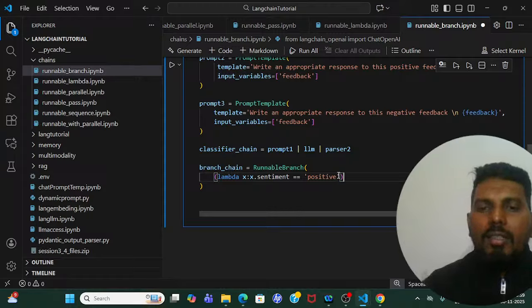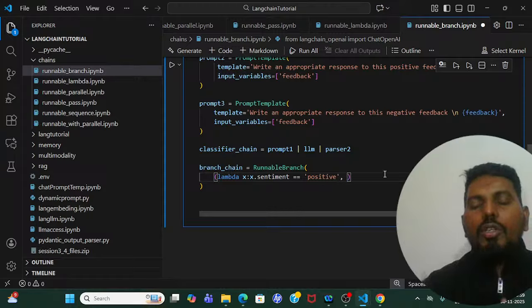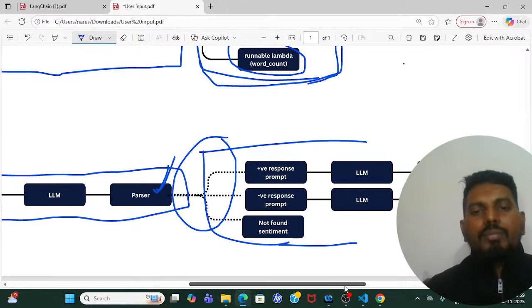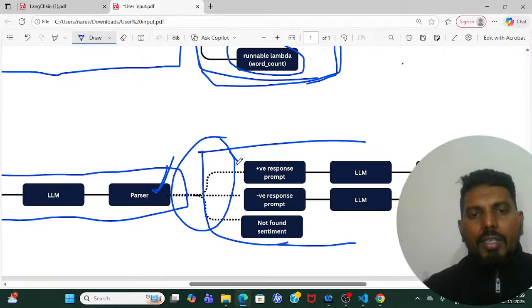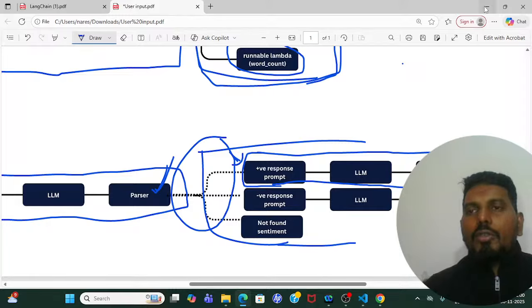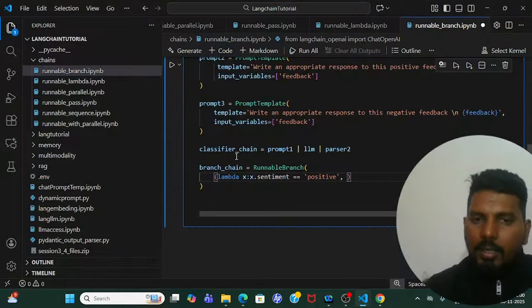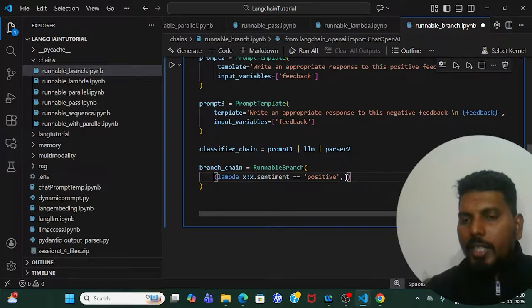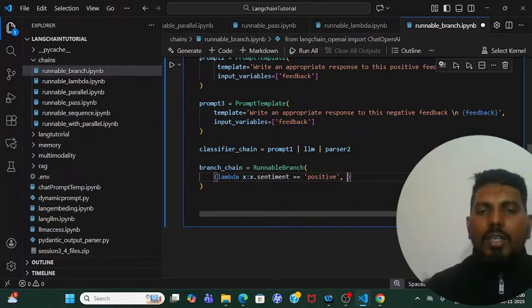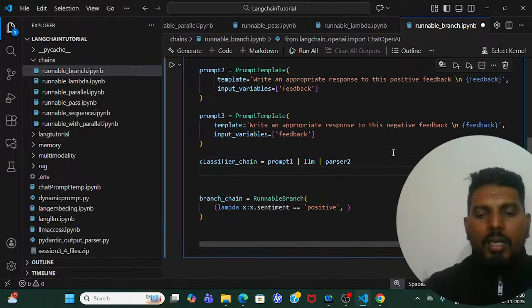Alright. So at this point, I know that it is going to be a positive. If it is positive, I need to execute this particular chain. You can separately take a chain and assign it over here, or since it is a lambda function, you can continue your chain over here. But for simplification, let me take a new chain and call it